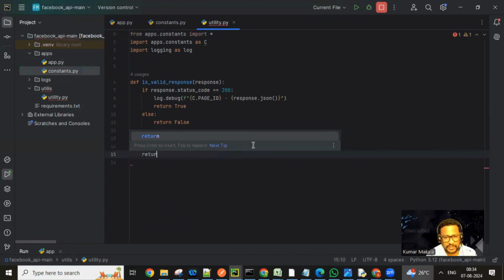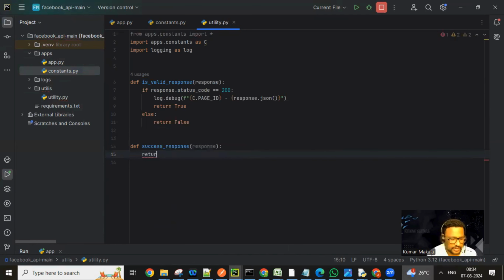You will be returning, return. So here, status colon success. Status is success,